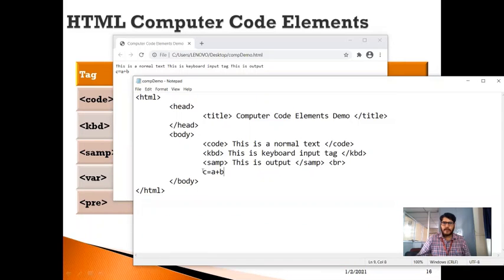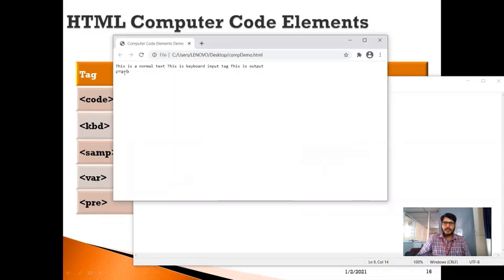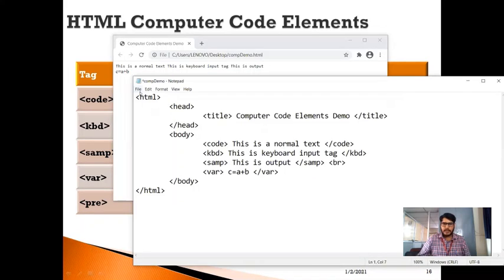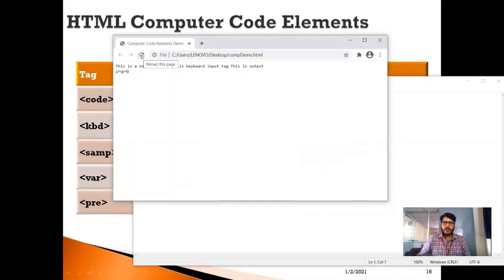Now let us see what happens if I include this within a variable tag. Let me close this variable tag. Now I have included this particular text within a variable tag. Let me save this, go to document and reload this.